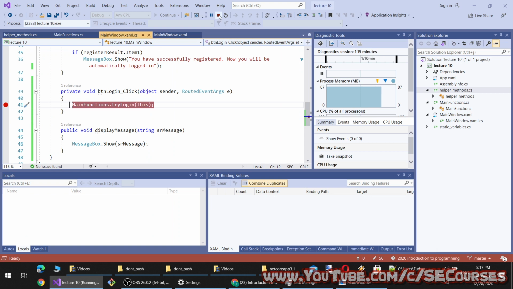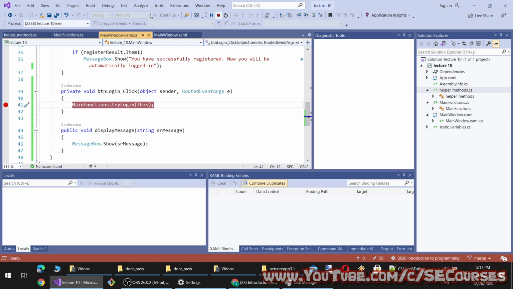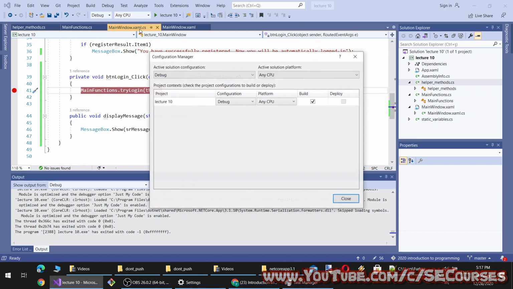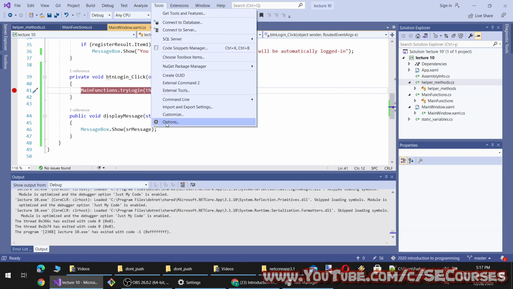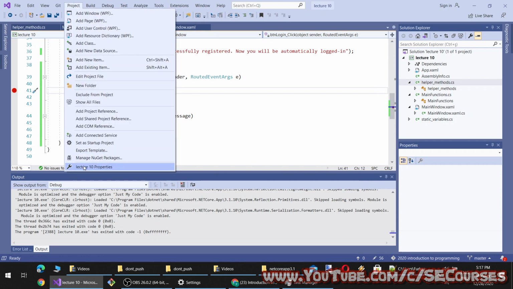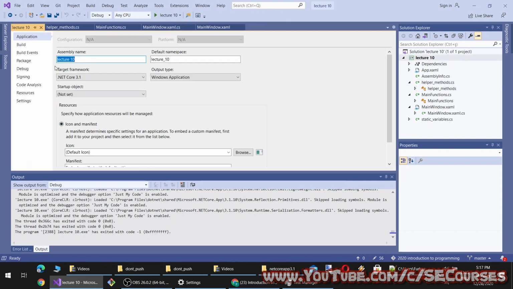Anyway, currently the application is by default 32 bits. To change it, we go to here and click configuration manager, and from configuration manager, by the way, you can also go there from I think project and properties. Yes. What I'm going to do is, you see, you can also change the target framework. We can move this to .NET 5.0. It is the latest. Yeah, let's modify it to the latest one, .NET 5.0.